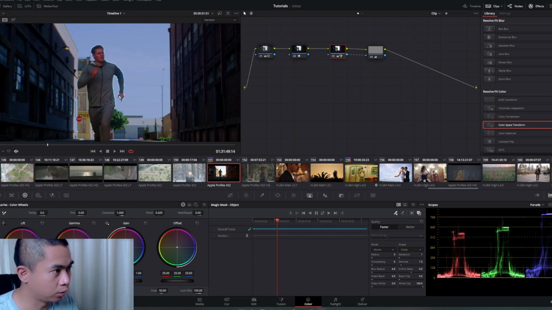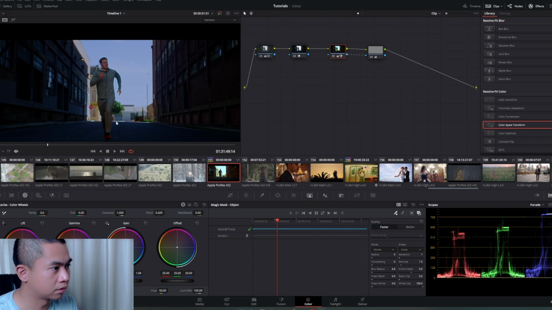So I want him to be warm now. Or let's give him this Dune inspired blue jacket, something like that. Let's make him a bit dark,